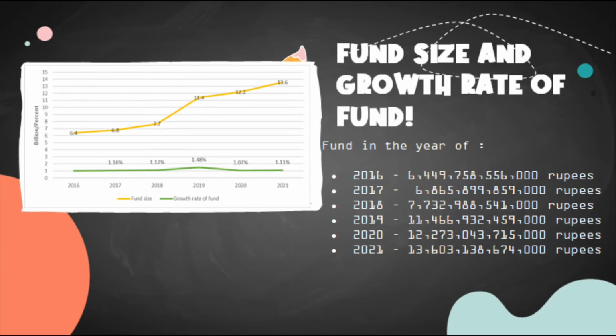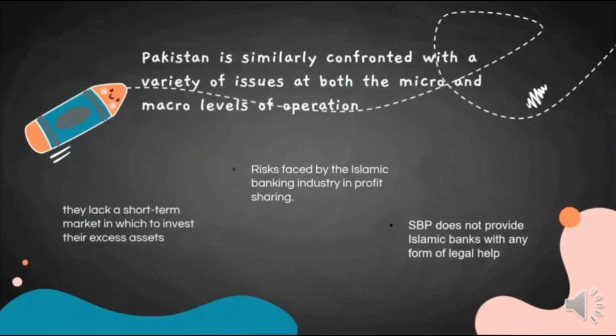agency function. So this is the fund size of each year from 2016 to 2021 that is increasing from year to year. And the growth rate of fund in 2017 is increasing 1.16% from 2016 and decreased to 1.12% in 2018. After that, increased back to 1.48% in 2019 and then decreased in 2020 to 1.07% and lastly increased to 1.11% in 2021. The Islamic banking industry in Pakistan is similarly confronted with a variety of issues at both macro